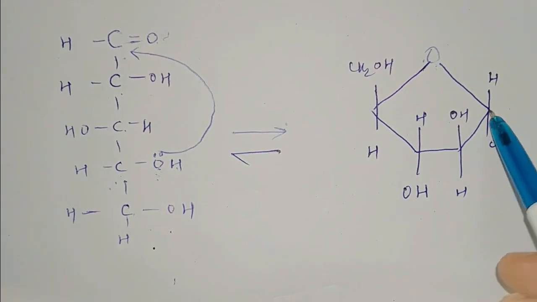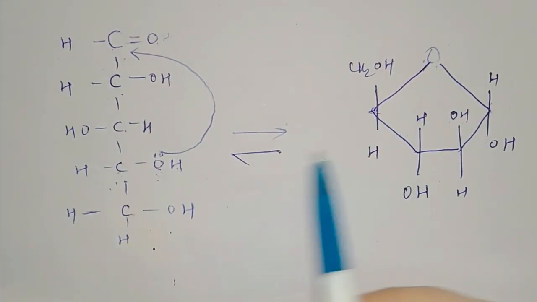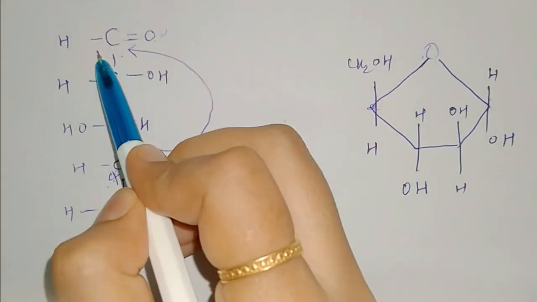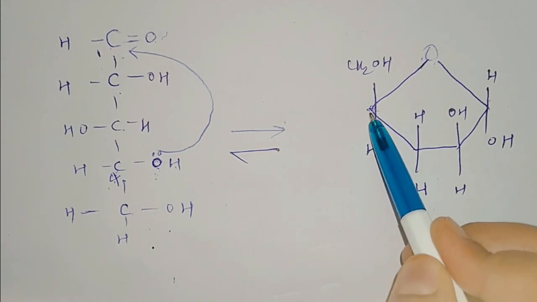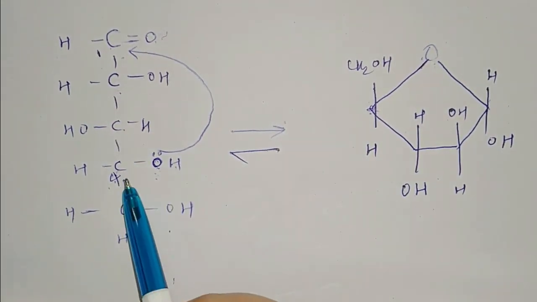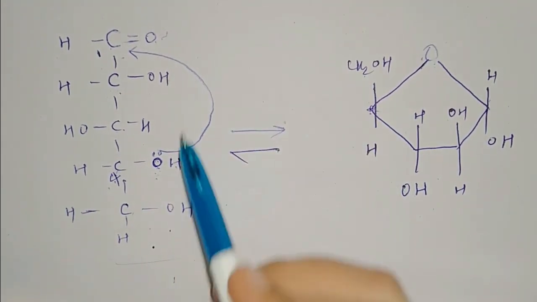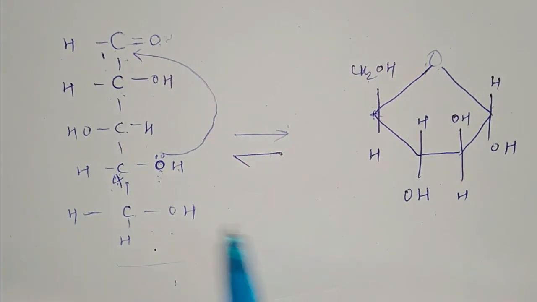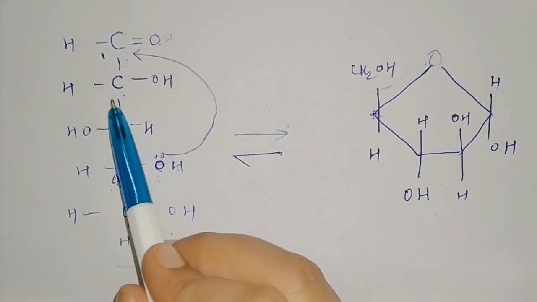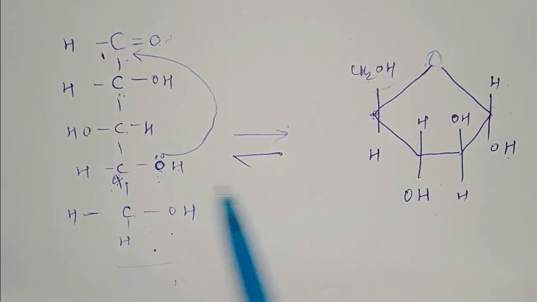Then this is our first carbon and this is the fourth carbon. So this O is attached with the fourth carbon and first carbon. Then the second carbon is over here. The third carbon is over here. The fourth is this one. And the fifth is this one, because this carbon is outside this cyclization event. So this is present over here. And this first carbon is attached with OH and H.